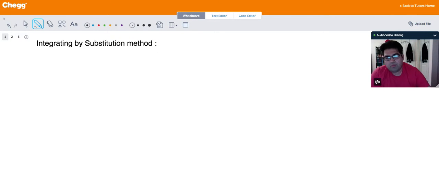Today we are talking about the substitution method for integration. So let's just start with this example. The integral of (3x squared plus 1) to the power of 3 times x dx. So we are going to take this integral. As you see, it looks a little bit complicated, but if we let u